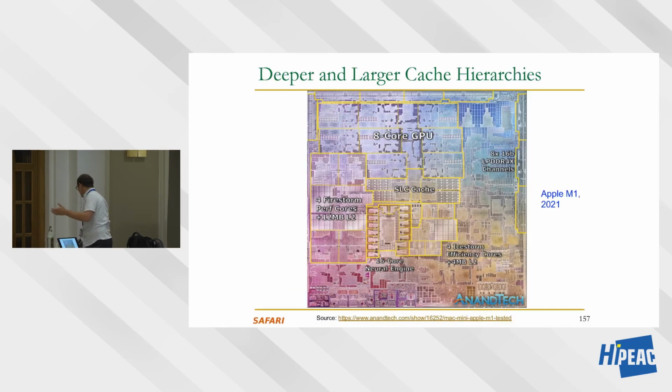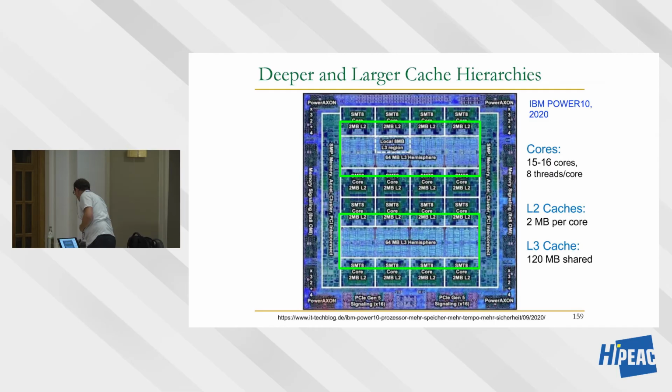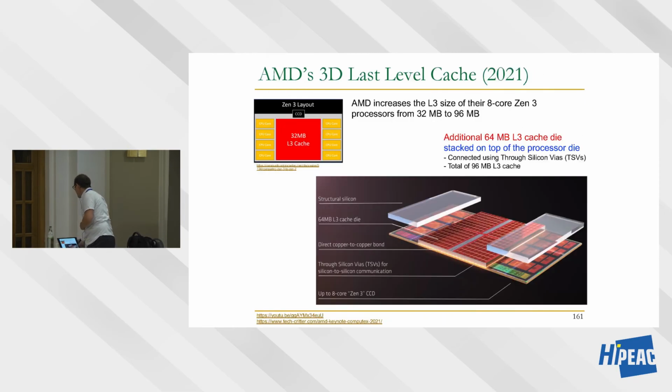This is the Apple M1, a lot of caches, etc. I didn't mark everything over here. This is one of AMD's recent flagship processors. That box over there is L2 and L3 caches. And it doesn't include all of the memory. So if you look over here, this huge box is the global memory interconnect. Right? And there are L1 caches over here, register files, etc. So most of the compute chip is memory. This is IBM. Again, I could keep doing this for a long time. This is a GPU. And we're adding more caches.